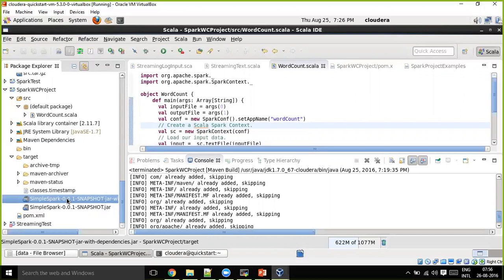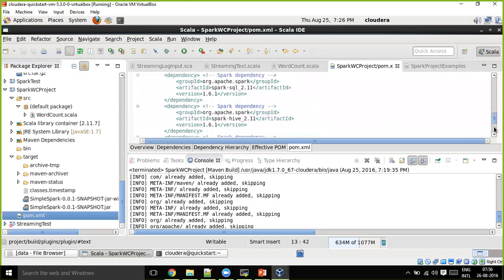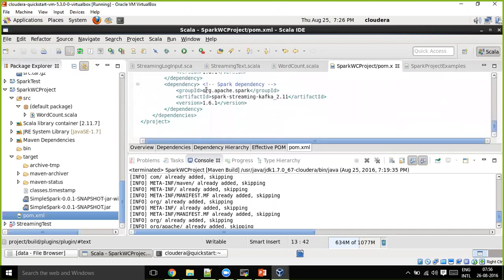Is that fair enough, or do you want me to explain even more, like what is meant by dependency? The dependency means we are adding in the pom.xml, right? Correct. The artifacts that you add there, right? Yeah. So this is nothing but one jar file, correct?